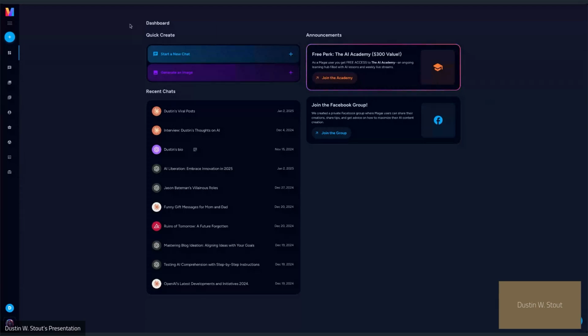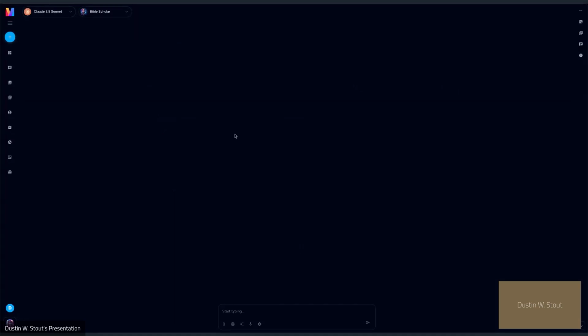So in Magai, we have really two core areas. We have our chat page where we can chat with the most intelligent AIs in the world. And we have our image and video generation page. So we'll start with the chat page. And just like ChatGPT or Claude, if you've tried any of these tools, it's a very familiar interface. So you've got an input down at the bottom where you can type your messages and send them. And then we have a few more options that are really just the quality of life enhancements that I built into Magai